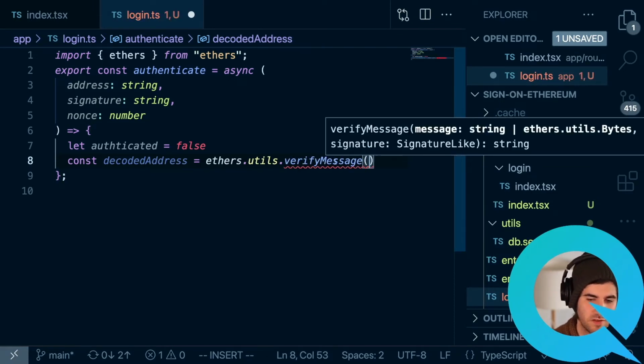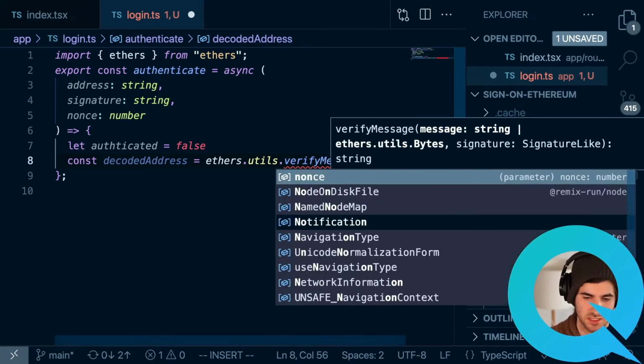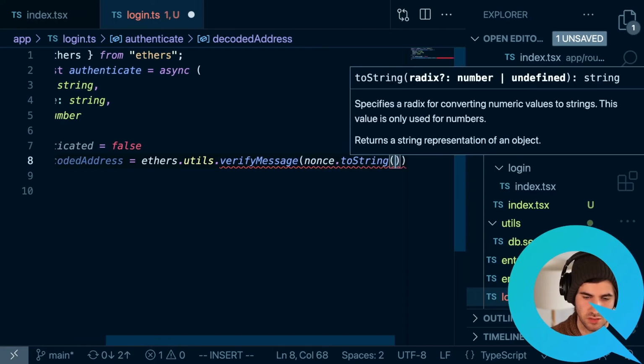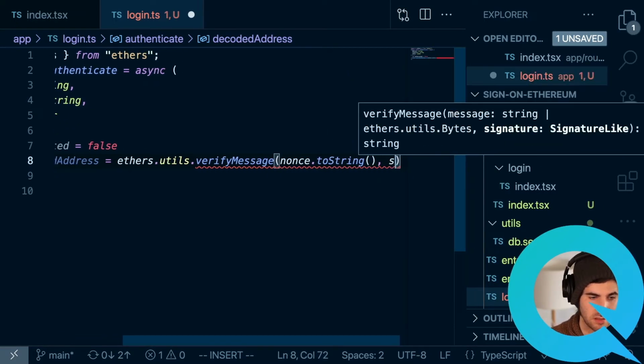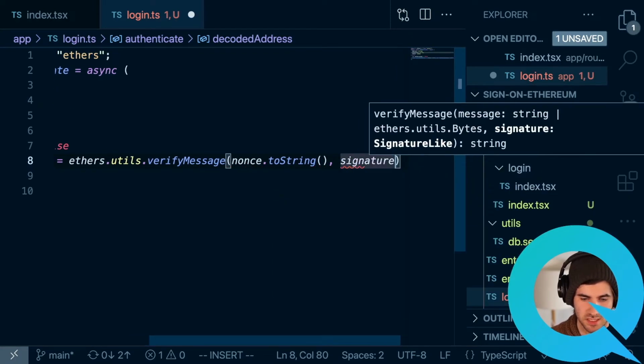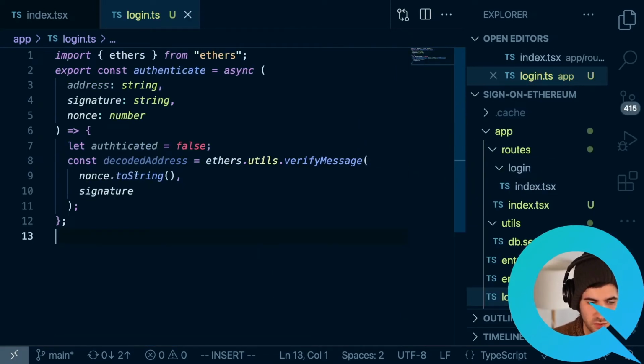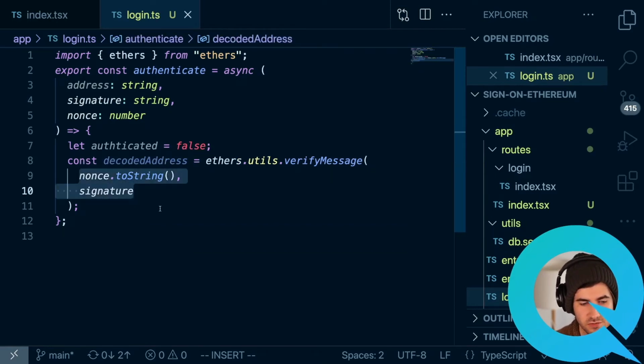What verifyMessage does is it takes a message and the expected signature that you get from signing that message. The only missing variable there is the address, and we can determine what that address is. So if we pass it the nonce.toString, and we pass in the signature that we're expecting to get, what this is going to return is the address that it would take for the nonce and the signature to work together.